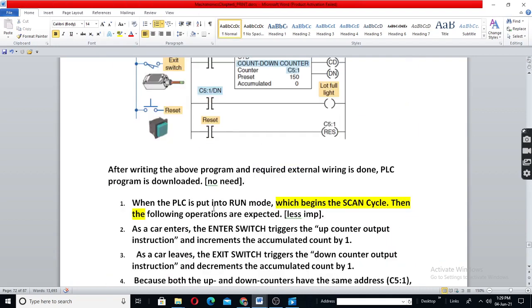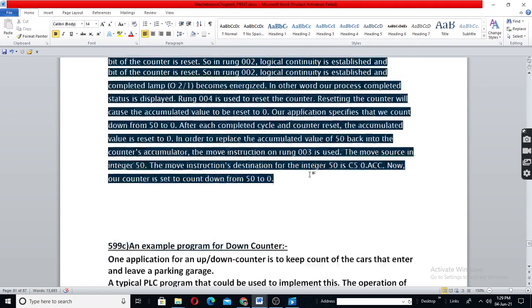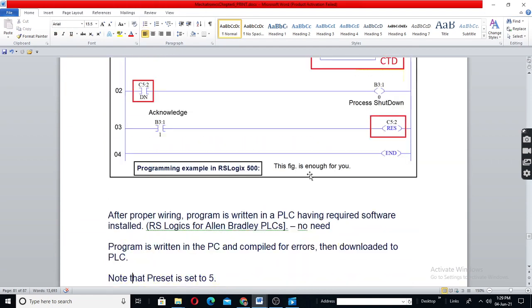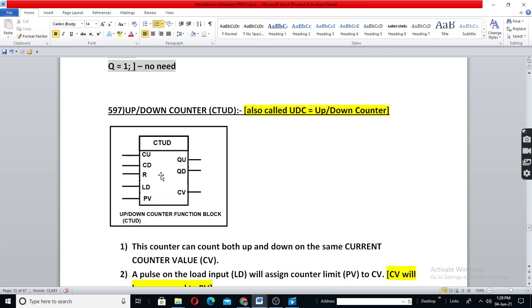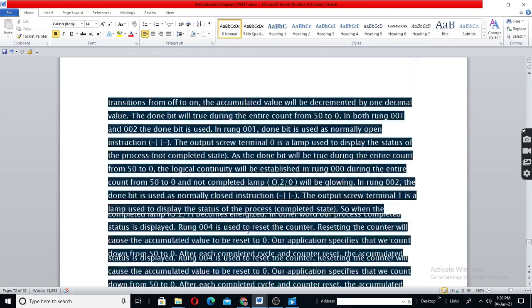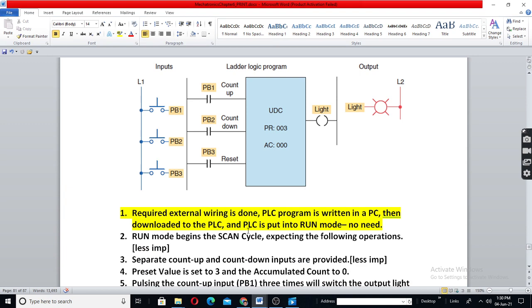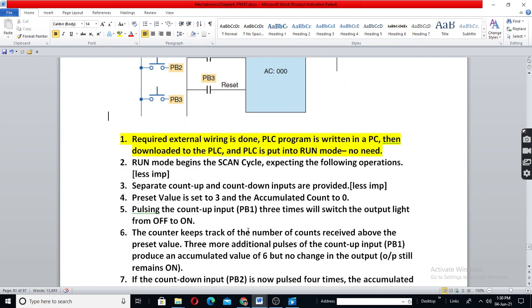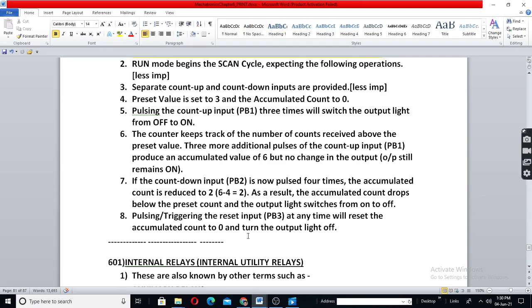So here in this program, only one output is used. Only up counter. This one is used. This is not used. This is not for parking.